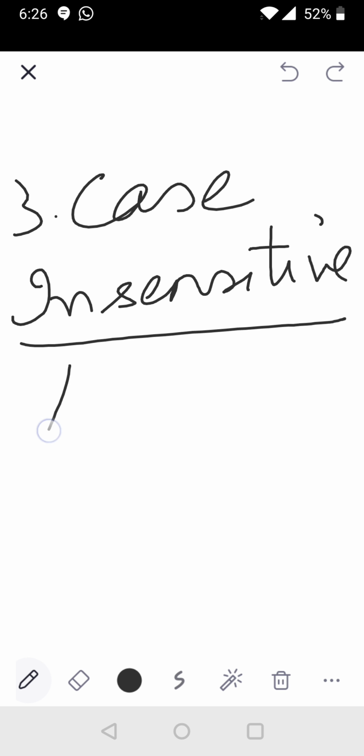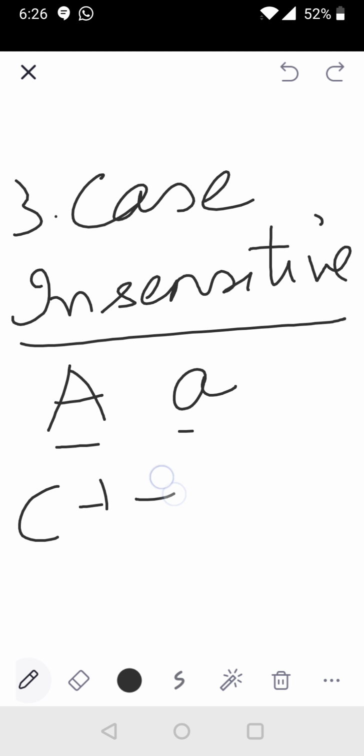It means that if I write a capital A or I write a small a, it is read as A. It will not differentiate between the two. Whereas what we have studied in C++ is that it is a case sensitive language. This will be read as capital A and this will be read as a small a. वहाँ पे sensitivity होती है case की. Here we have no sensitivity of the case. It is a case insensitive language.